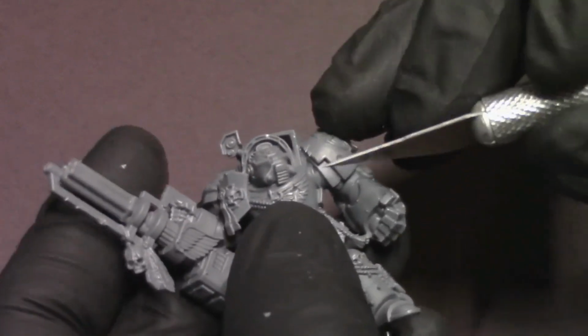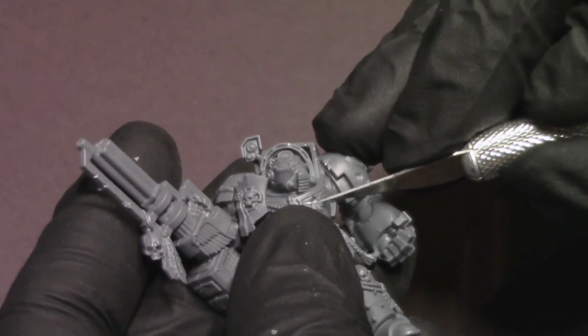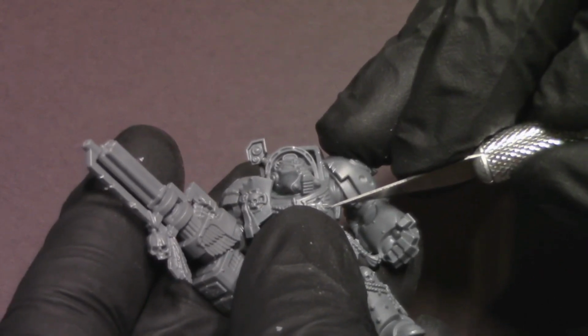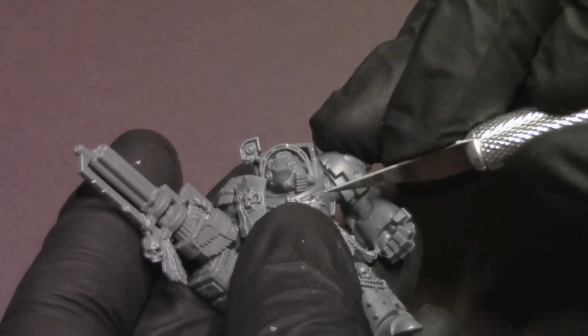And with that part done, now I want to show that there's like a hairline fracture coming off of that into his breastplate. So very slowly and very lightly, I'm going to start creating a channel, cutting with the hobby knife in a straight line. And then when I'm finished with that one and I like how deep it is and how long the